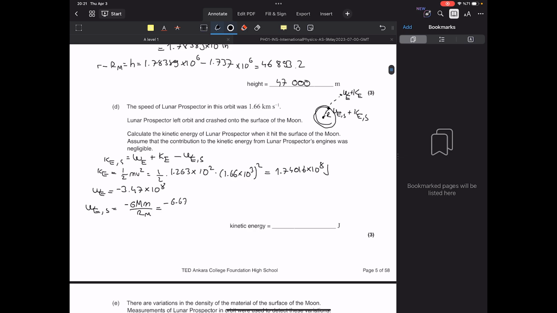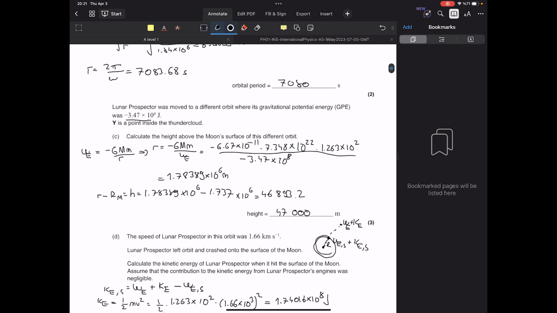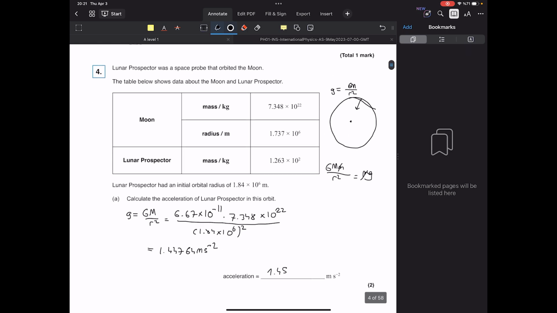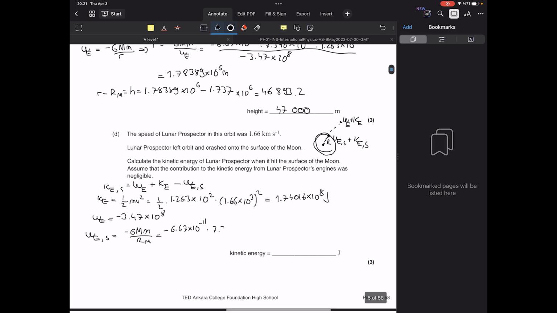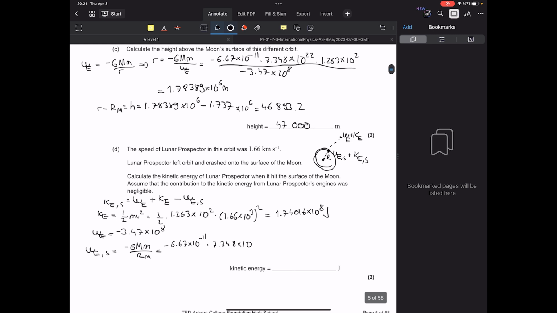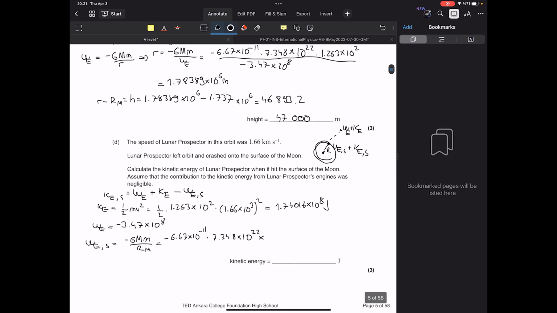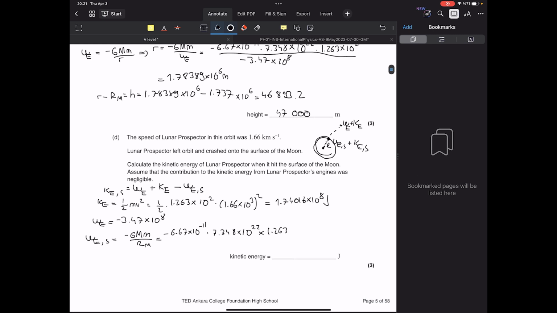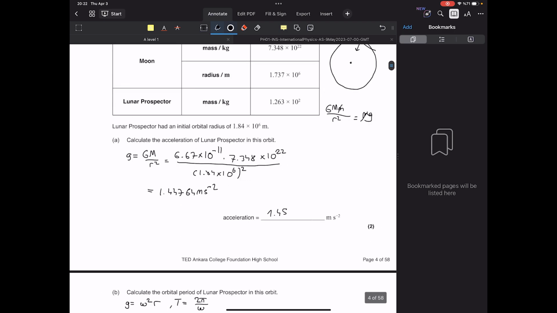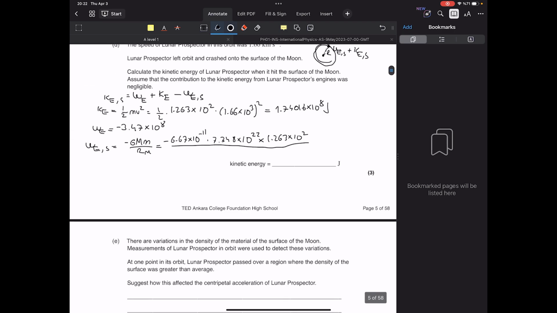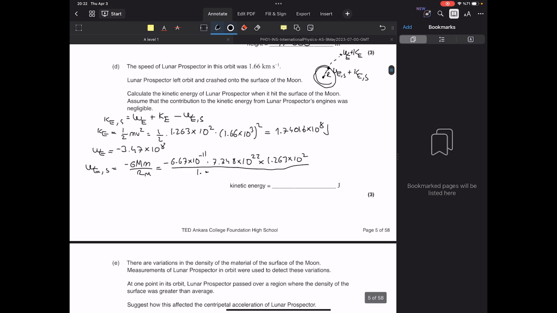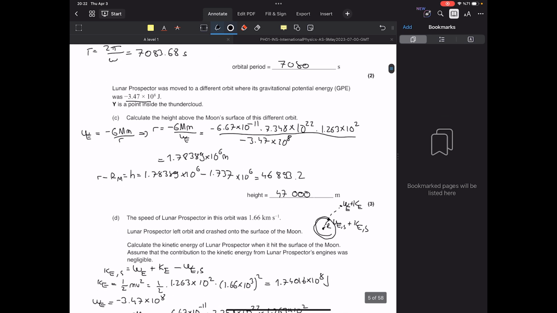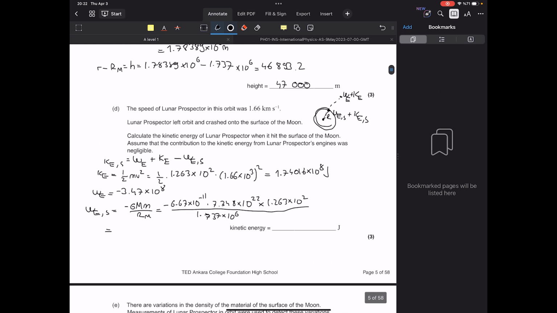Negative 6.67 times 10 to the negative 11 times the mass of the moon, which is 7.348 times 10 to the 22, times the mass of the satellite, which is 1.263 times 10 to the 2, divided by the radius of the moon, which is 1.737 times 10 to the 6 meters, I think, right? Yeah, okay. So this is equal to